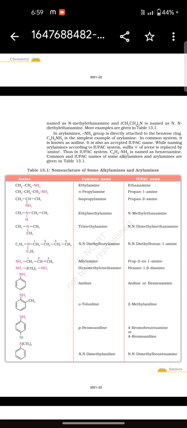CH3, CH, CH3, CH attached with NH2. Its common name is isopropylamine. IUPAC name is propan-2-amine. CH3 and CH2, CH3: ethylamine is its common name. IUPAC name is N-methylamine. And the table continues in this way, except